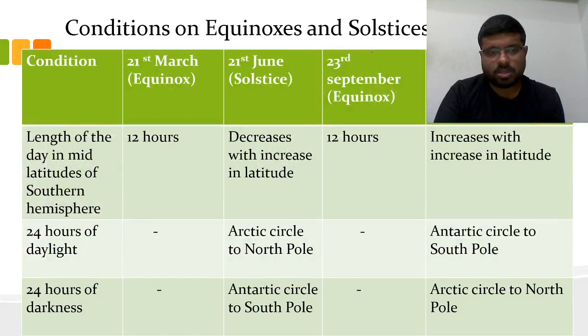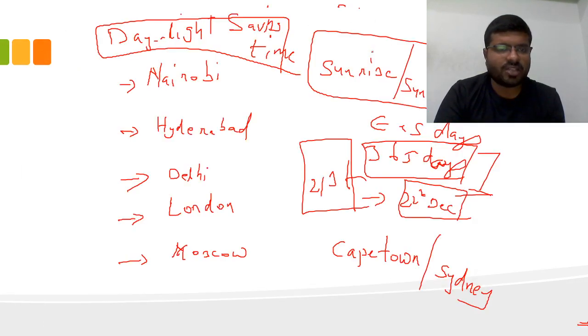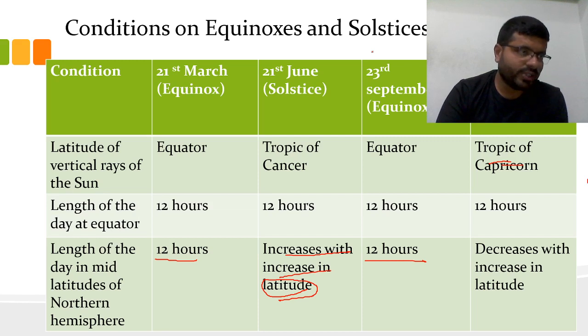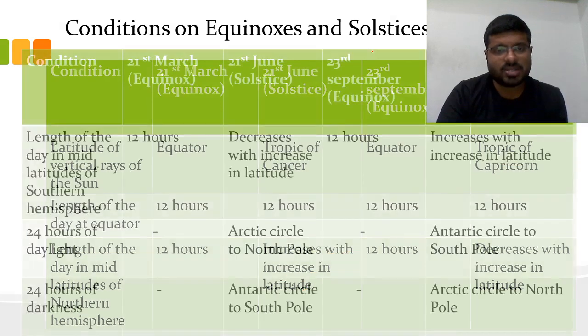For these two topics, these two rows, I ask you to identify all these five cities, one, two, three, four, five, six. Some are in the northern hemisphere, some in the southern hemisphere. Identify all these variations and try to identify how the latitude varies. You can find this in Google. There are so many weather websites, weather.com, AccuWeather, and so on. You can go there and identify for each city the daylight saving time and the time of sunrise and sunset.